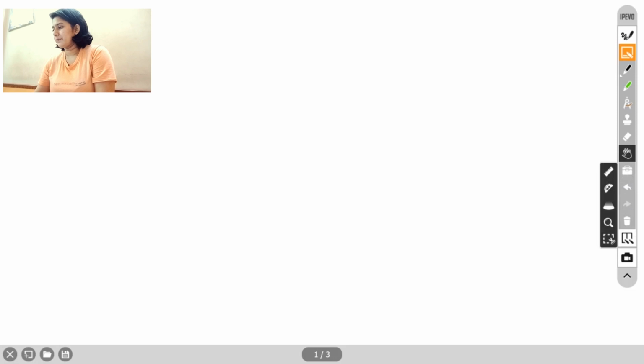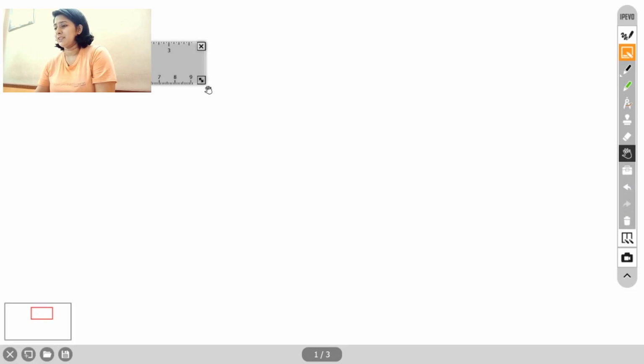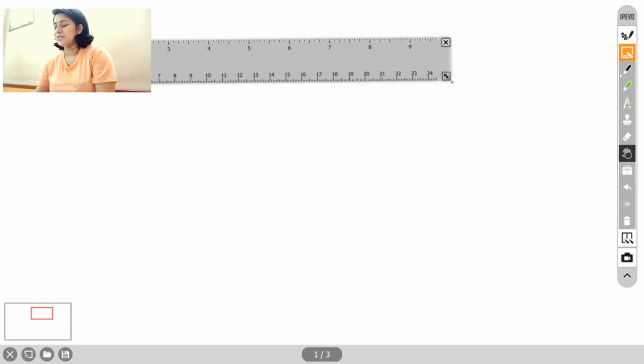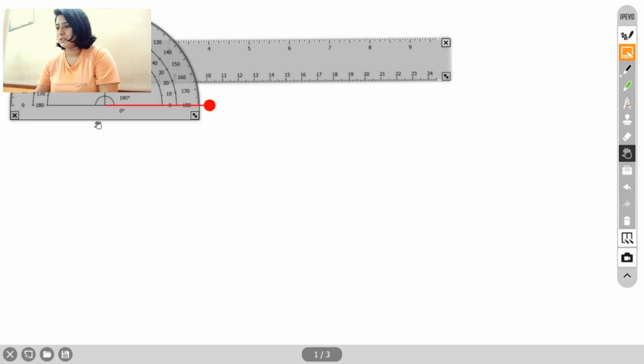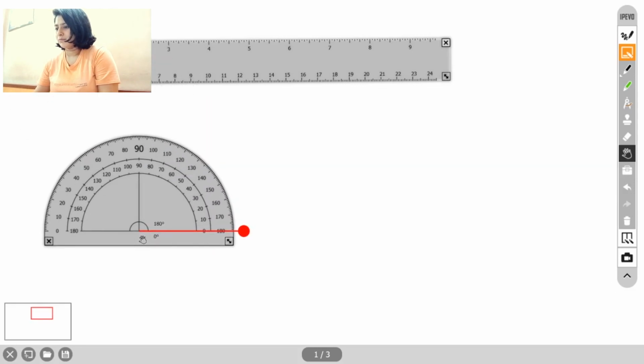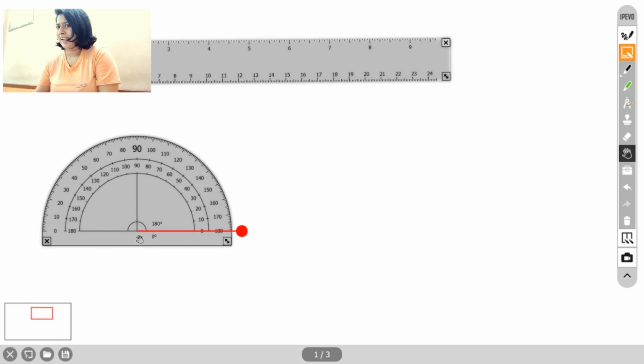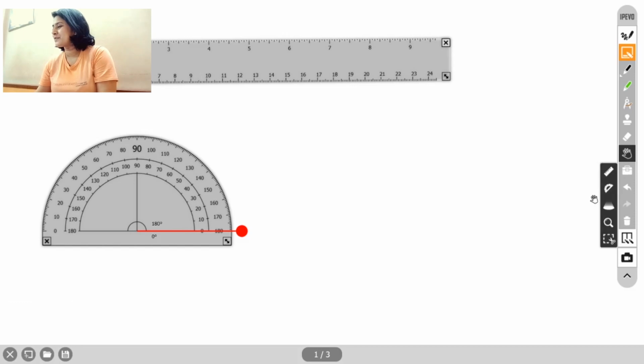We have this toolbox here. We have a scale. So yeah, I know that's interesting. You can just measure things, especially for mathematics people, mathematics teachers and mathematics students. I must tell you, this is a lifesaver here. So you have a scale, you have a protractor. I don't know what it is called, I'm just skipping the name. I hope you get the point. You can just measure degrees with it. So yeah, you have a lot of tools like this here.